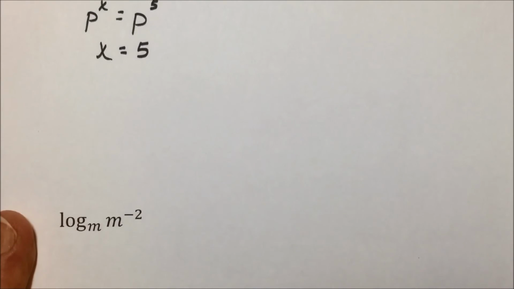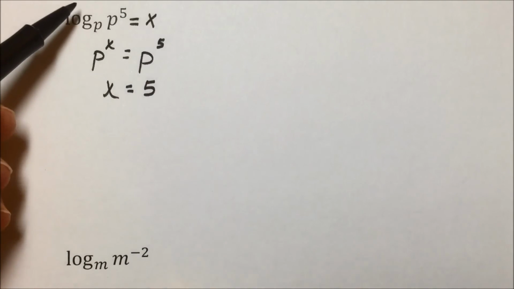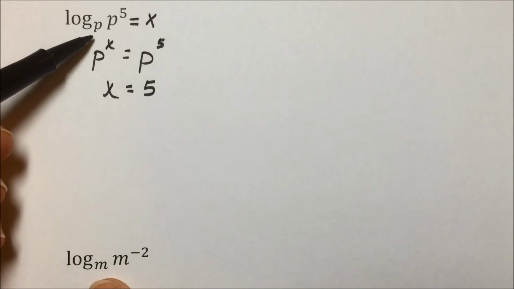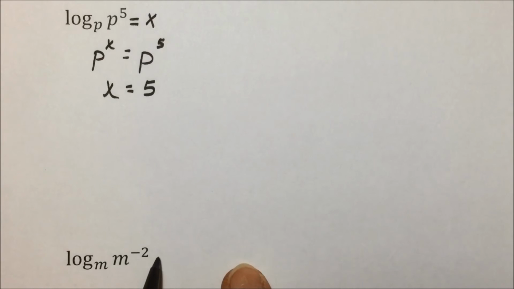Looking at this next one, it has the same form. Let me slide that down so you can see the previous one. We're taking the log of a base of a quantity that's the same base raised to a power, which is going to equal that power. And whether you translate it or use the property that we have for the logarithm of a base to an exponent, you come up with your solution.